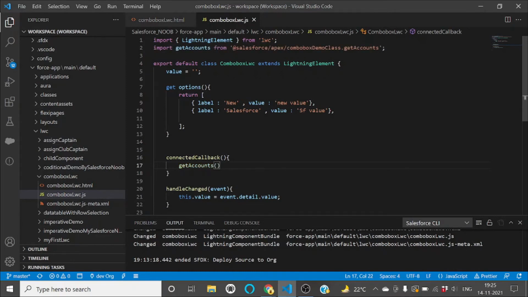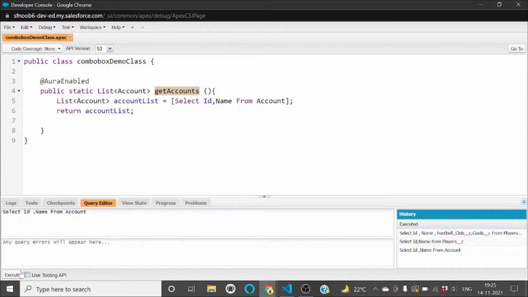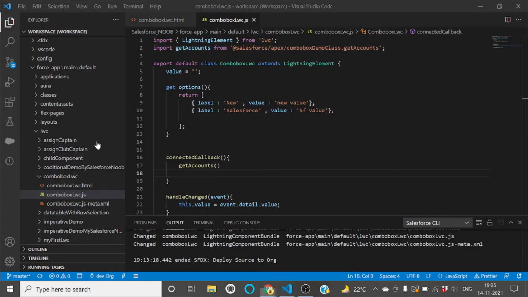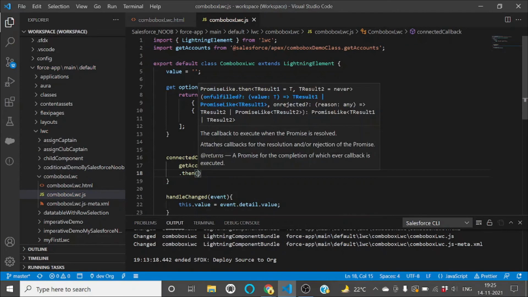So we just need to call this as a function, and then guys, whenever we are calling any particular Apex method from LWC in the imperative way, that Apex method will return the data to the LWC in the form of a promise. So for now you can think that the promise is a kind of response which will be returned from our Apex method. We just need to get that particular response by using the then keyword,